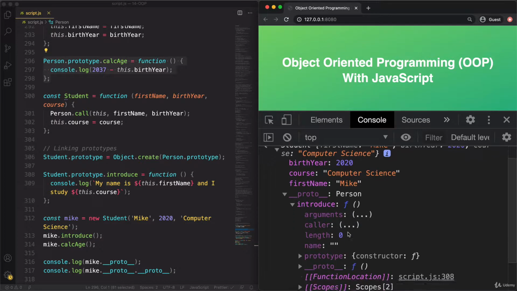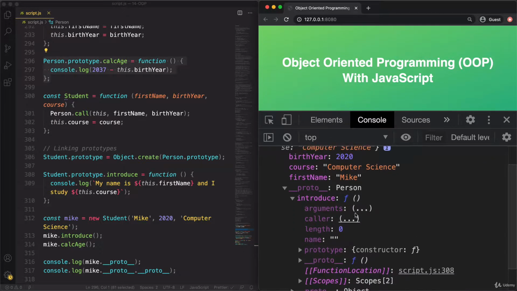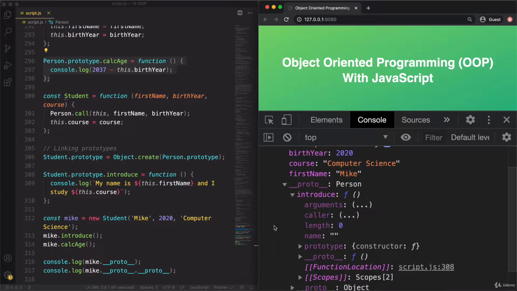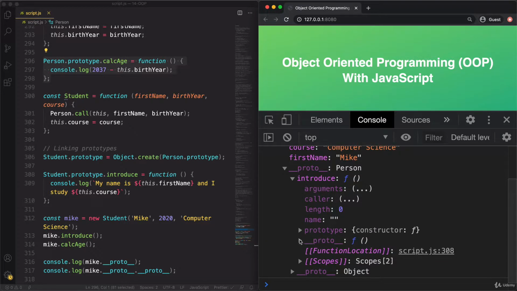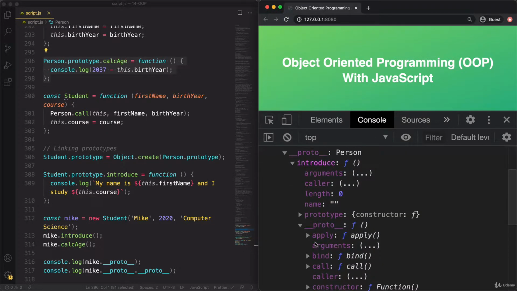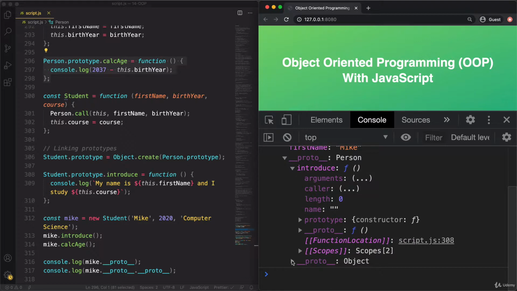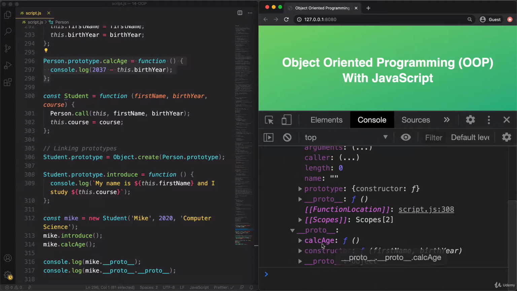So you see that right now it says Person, but Mike is actually of the type Student. Okay, but anyway, here you see the introduce method that we defined earlier. And then if we go even further into this, so not this one, but this one, then you see, of course, the calcAge function, which is in the prototype of the prototype, basically, right?